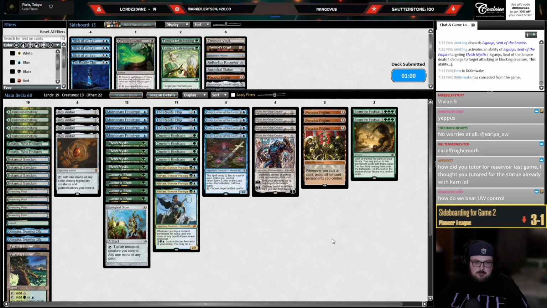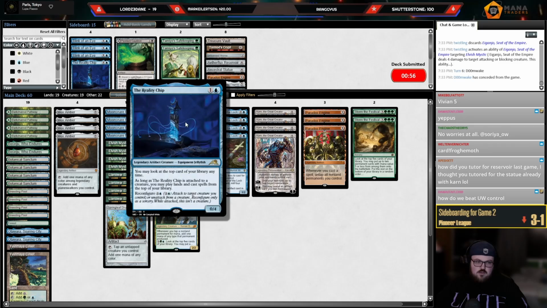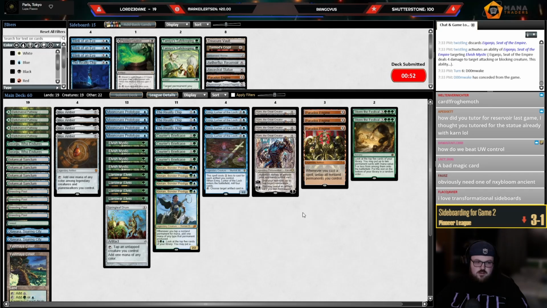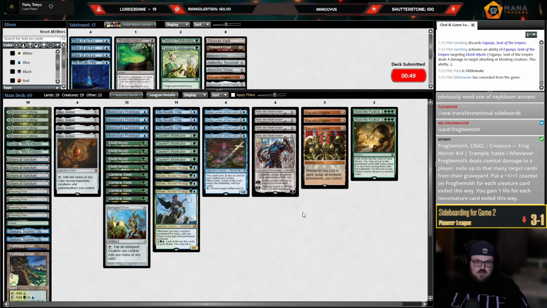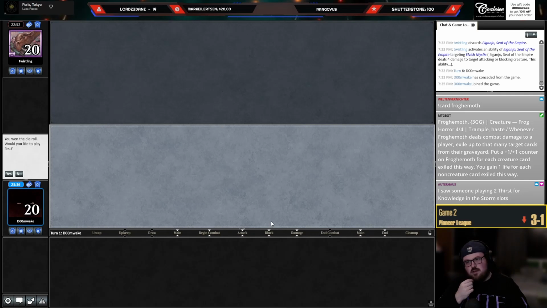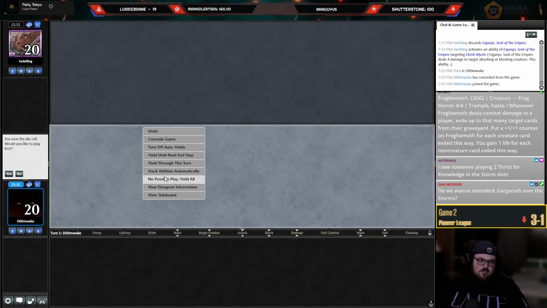How do we beat blue-white? I mean, you have a lot of cards that generate good card advantage against them. I think I played against it once and I beat them. I don't recall the matchup. Did I play against blue-white? Maybe I didn't even play against blue-white. I feel like I played against it once, but...